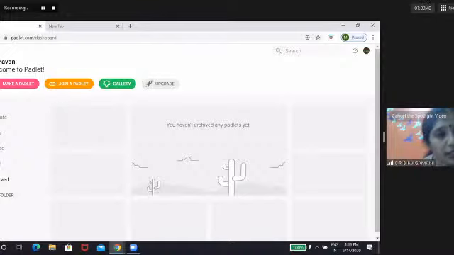Since I have already logged in through the instructions which I have given to you now, you find a dashboard which is visible on the screen of the desktop. Now, let us understand how to make a Padlet. You have many icons here: make a Padlet, join a Padlet, gallery, and upgrade. We would be concentrating on how to make a Padlet now. Click on make a Padlet.